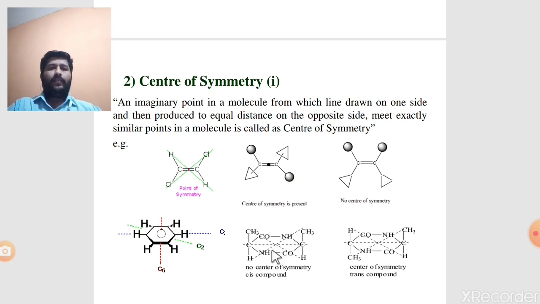And then the third example: these are the first isomer and the second isomer. The first isomer is a cis isomer and the second is a trans isomer. The cis isomer has no center of symmetry, but the trans isomer shows the center of symmetry, meaning it shows inversion symmetry. In the first isomer, from this center point on the right side there is one methyl group, and on the left side a hydrogen. These two are not identical groups, so the cis isomer has no center of symmetry. But in the trans isomer, from this center on the right side there is one methyl group, and on the left side the same methyl group, so this trans isomer shows inversion symmetry, the center of symmetry.